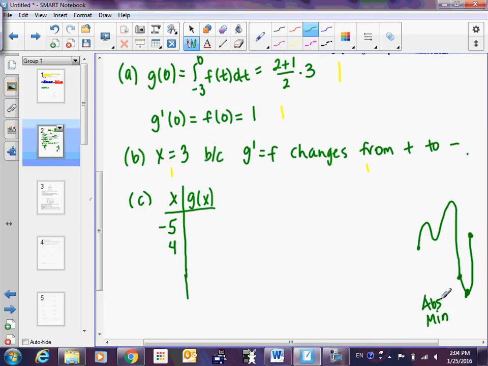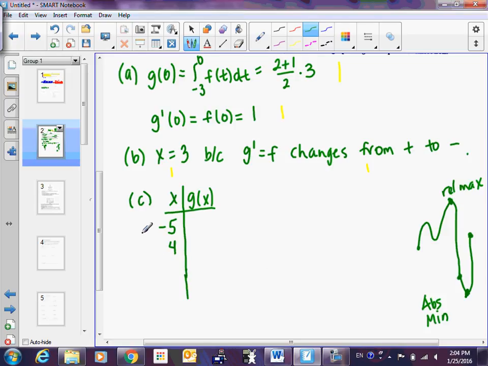Is there any way the absolute min could occur at a relative max? Could that happen? Could the absolute lowest point on a graph be a relative max? That really logistically can't happen. Okay? So I want to show you something here, because if you recognize that, you're going to save yourself some